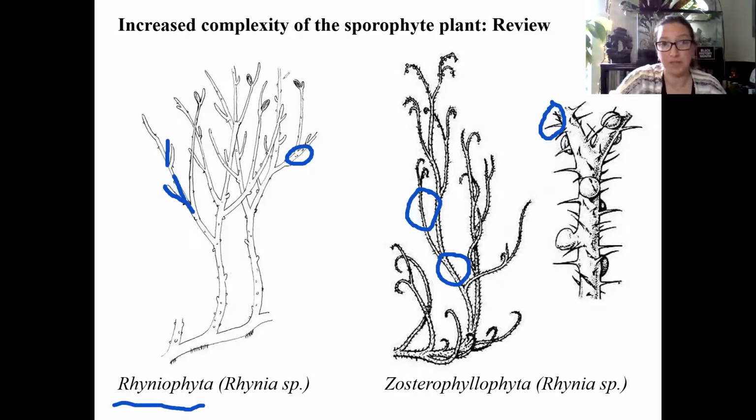But look here, this is a big leap. When you go here, this one on the left, the Rhiniophyta, still pretty much has sporangia located pretty much on the tips. But by the time you get to,